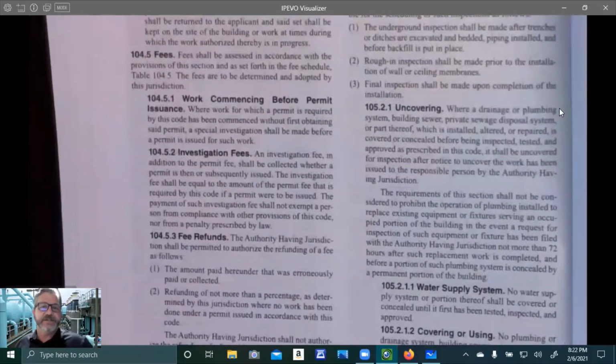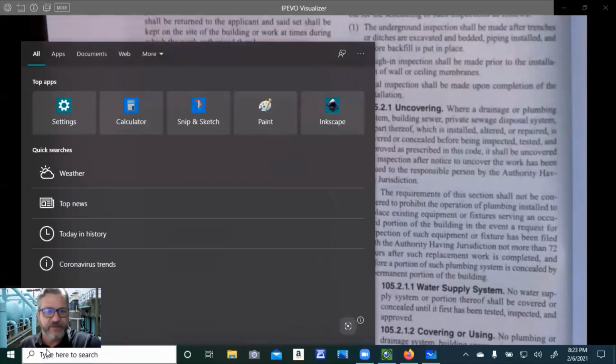Fees shall be assessed in accordance with the provisions of this section and as set forth in the fee schedule, Table 104.5. The fees are to be determined and adopted by this jurisdiction. When we get to Table 104.5, you'll see that there are no numbers. There's no fee number because this Uniform Plumbing Code is adopted by several different